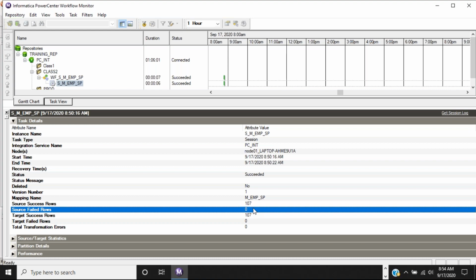Even if a single record got dropped, that means if something happened and it failed, the whole session will fail. So none of the records will get loaded. Yes, that's an option you need to configure, and that option is configured by default. In real time, when the code moves to the production environment, you need to enable that. Even if a single record got rejected, you need to fail the session, fix it, and restart the job again. Oh, okay. So whatever succeeded, it will not load it. It will not load. It will fail. It will give an alert. You need to fix it. So it will roll back the entire thing. Okay, got it. Yeah, it will roll back. It won't commit. Instead of committing, it is going to roll back. If all the records got succeeded, then only a commit statement is going to be fired.